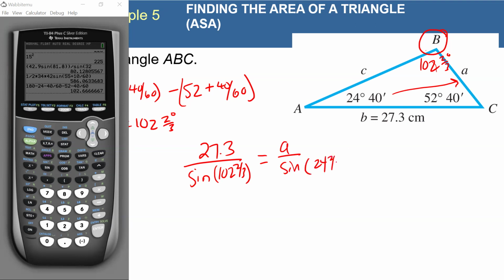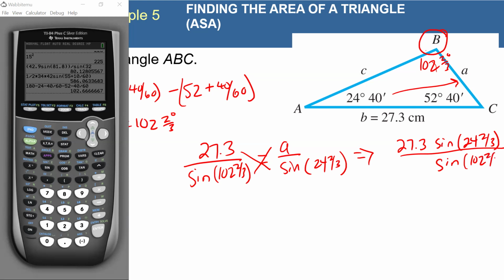Also 2/3, right? That's 40 over 60. It's 2/3. So to find A, we cross multiply and we're going to divide. So we have 27.3 times the sine of 24 and 2/3 all over the sine of